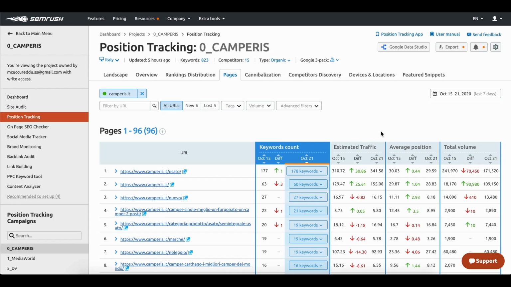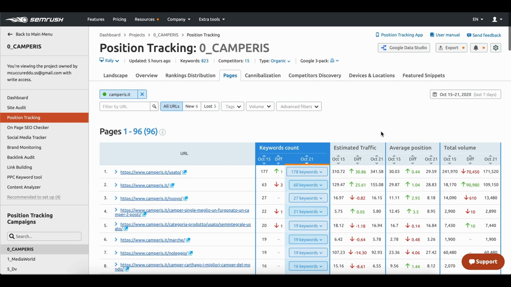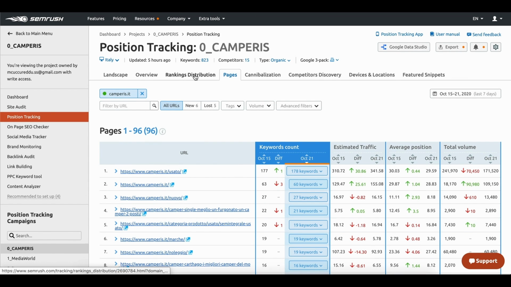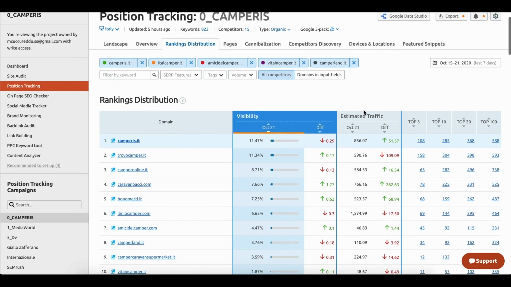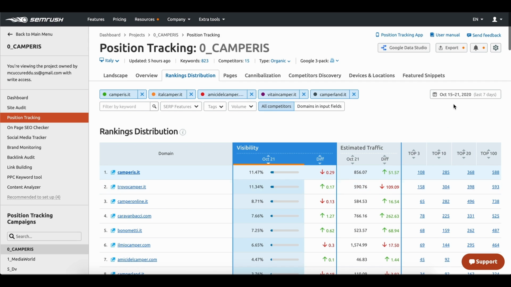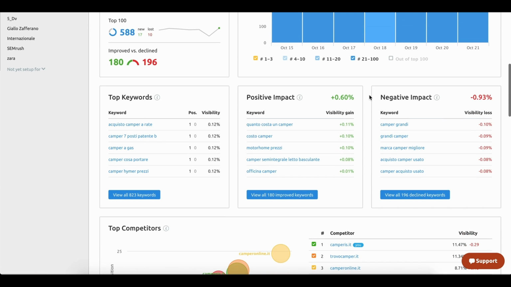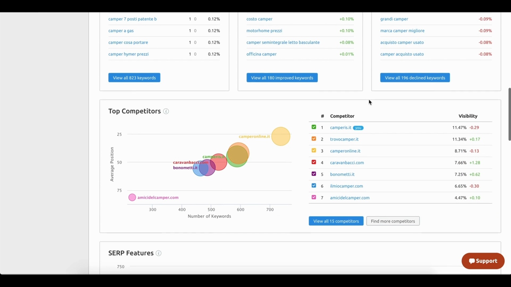But as I said at the beginning of the video, besides the awesome tips of this awesome video, how can SEMrush actually help you track and improve your landing pages? With 2 tools. The first one we're going to talk about is the position tracking. The SEMrush position tracking tool, in fact, allows you to view a list of landing pages from your website or your competitor's website, along with data on various keywords that those pages are actually ranking for. This will allow you to keep track of all the rankings, yours and of your competitors' landing pages, to understand what is actually working in your marketing and in theirs.